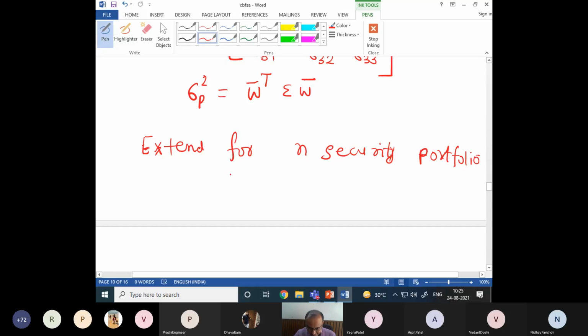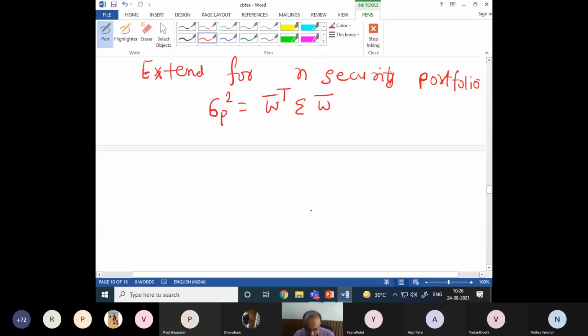And you get the same result, that sigma p square will be W transpose sigma W, but now the W vector contains n number of weights,